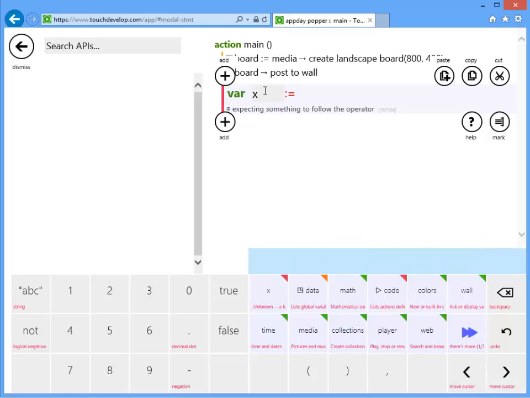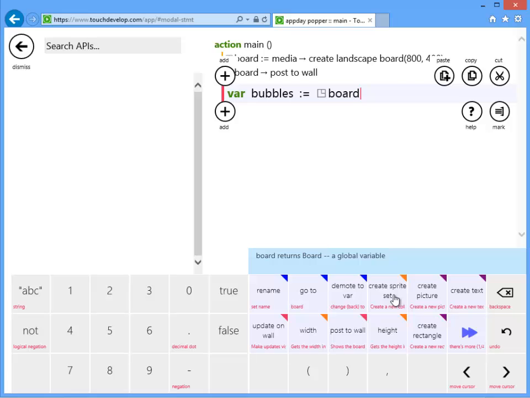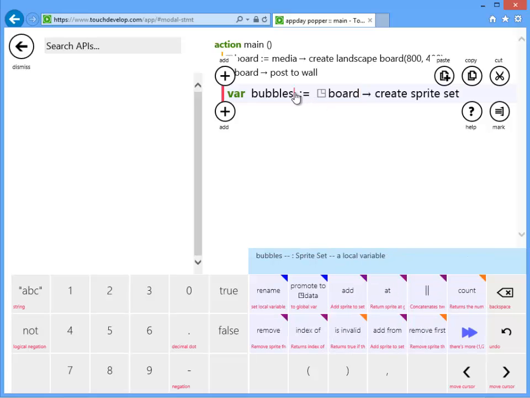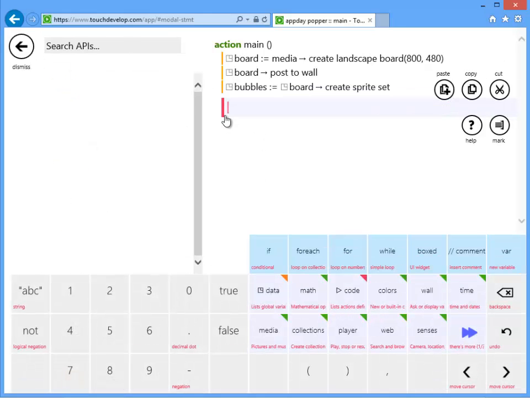Click on local variable, VAR, and we're going to type bubbles. Click to the right of bubbles, and we're going to tap on data, board, create sprite set, and then we're going to promote the local variable bubbles to be a global variable. Then we're going to click to add a new line of code,